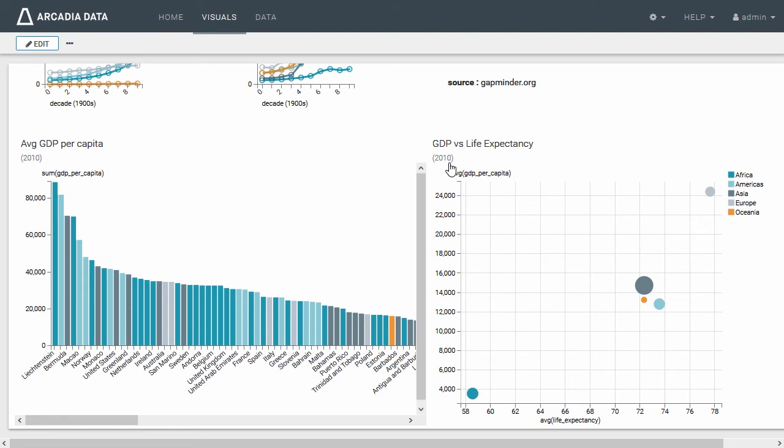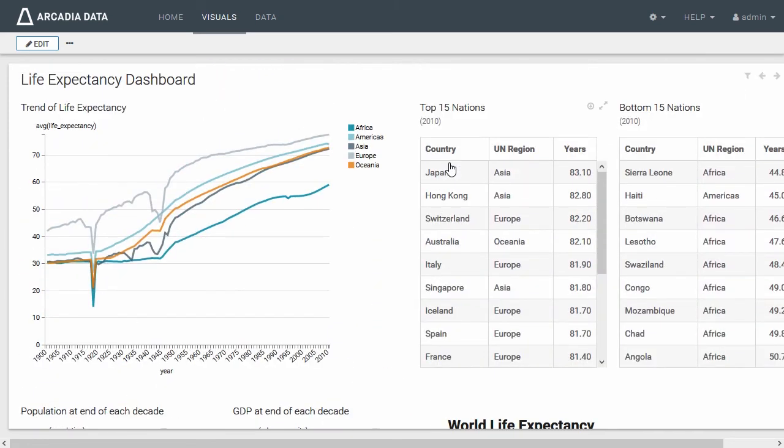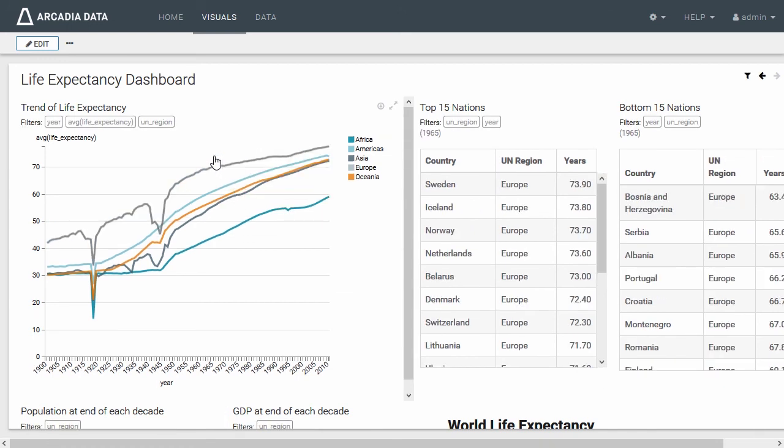What if we want to focus on only European countries instead of the whole world? This is where the dashboard designer can make use of filters that let you zoom in further. Hover over the lines in trend of life expectancy to see the more detailed data points in the pop-up window. Click on the specific point of region and year for which you want to see data. You will notice that the other visuals in the dashboard get updated based on the data point you clicked.